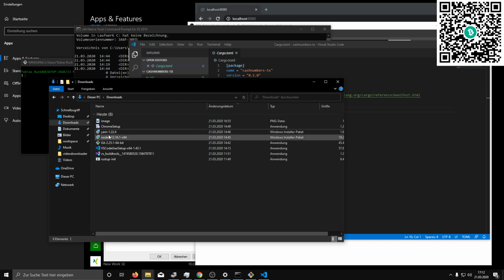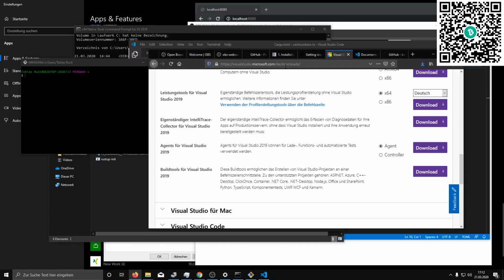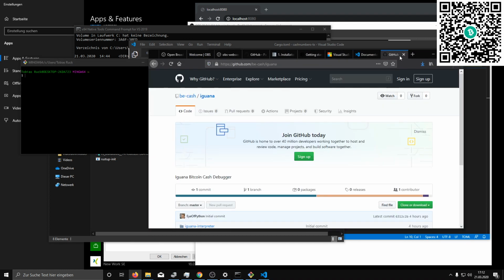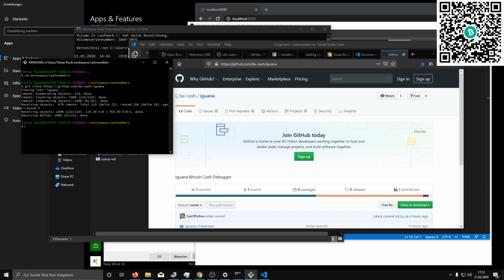We've got Yarn, we've got Node. Let's also get the Iguana. Should be here. No, here. Pcache Iguana. Just github.com pcache Iguana and go to workspace and cache numbers. Git clone. And let me paste that here. Then we got Iguana, we go in there, and if we've got Yarn probably installed, let's hope, otherwise we might need to